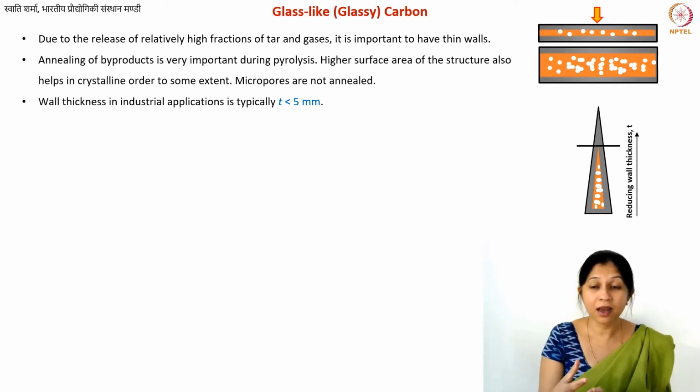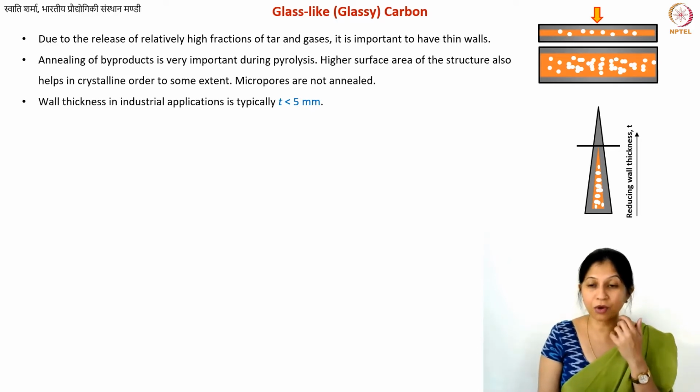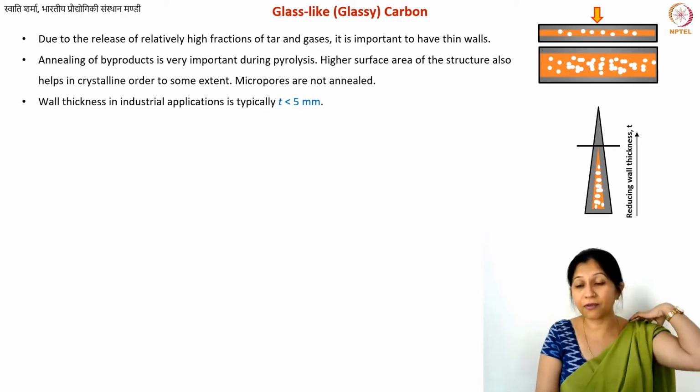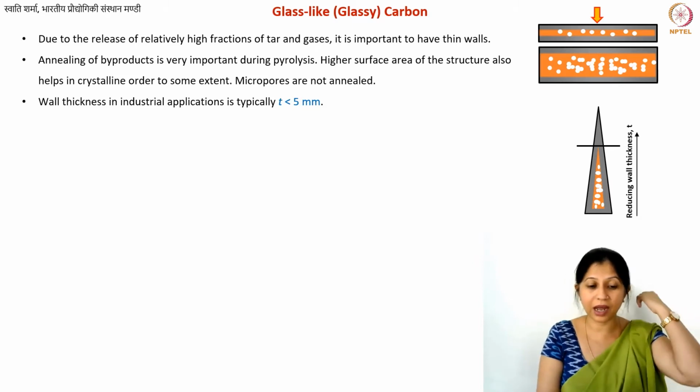Nowadays, what you can also do is 3D printing of the resins. So then you can make any random shape. Rather than packing and molding the resin powder, or making the structure using other techniques, you can also use 3D printing. And then you can have very complex structures as long as the wall thickness is less than 5 millimeter. Then you're good, and then you can get high quality carbon.